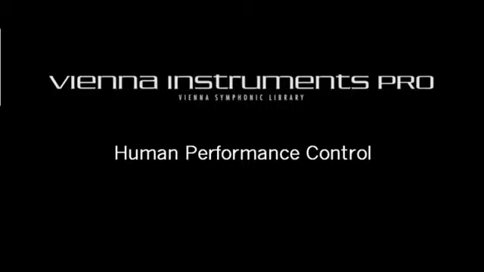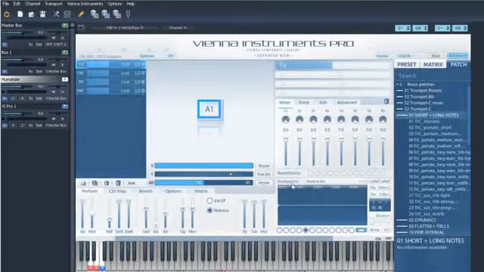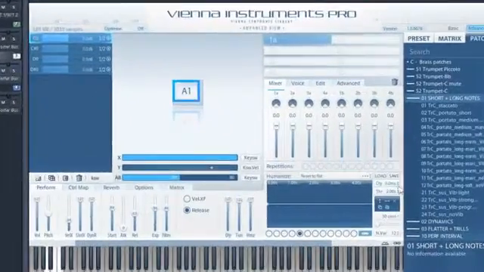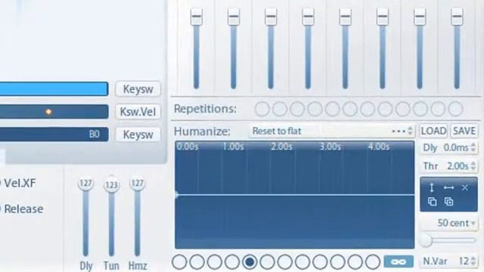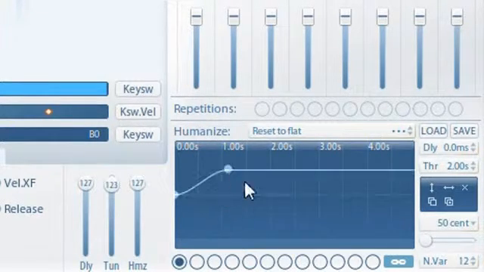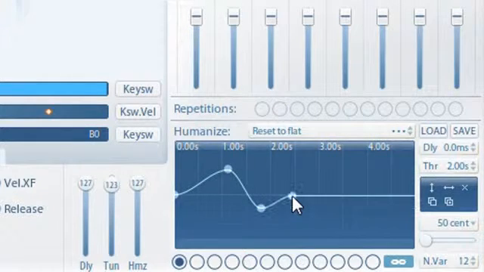This is one mighty feature in Vienna Instruments Pro. The Humanize area lets you simulate the magic of real musicians with all the little details that define the very special human touch of a live performance. Especially the way you can influence the intonation of each note with the flexible tuning curves will change the way